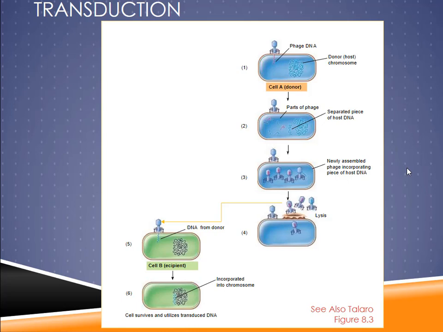So if you remember in the lytic bacteriophage cycle, this is the one where the DNA immediately becomes transcribed and translated and replicated into new bacterial phage, which eventually explode the cell or lyse the cell. Now, the bacterium that has been hijacked during this process is not maintaining its own cell.